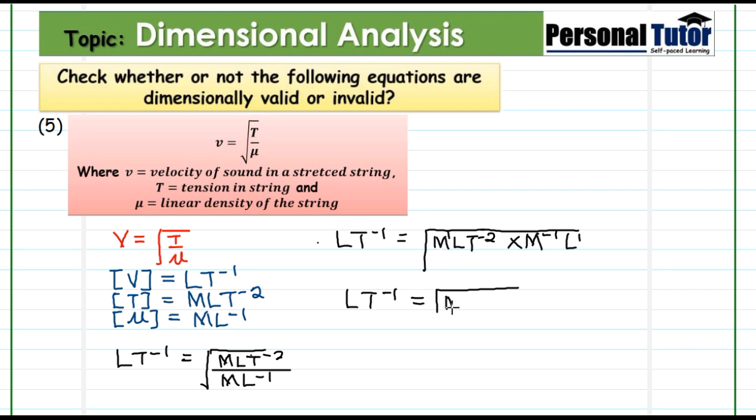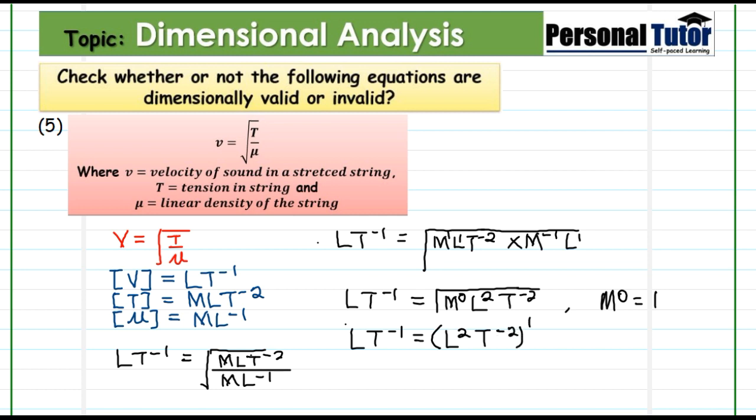So that will be M exponent 0 when the exponents are added. Then the L is positive 1 on both sides, and so the exponent will be added to get positive 2. Then T could be written as negative 2. Remember that M exponent 0 is equal to 1. It still remains at LT exponent negative 1 equals (L to the power 2 T to the power minus 2)